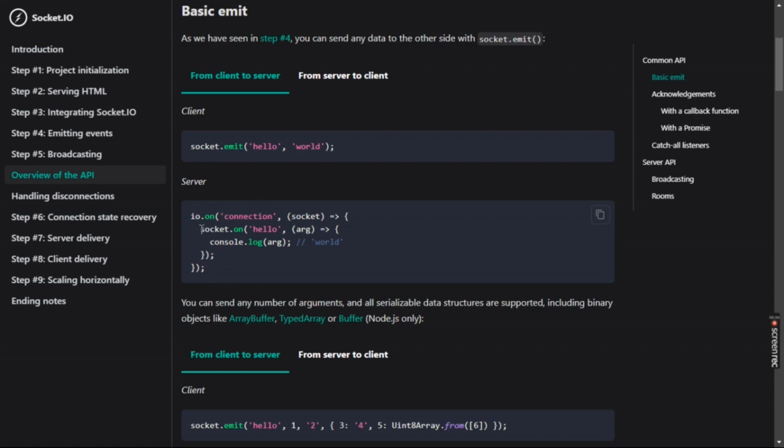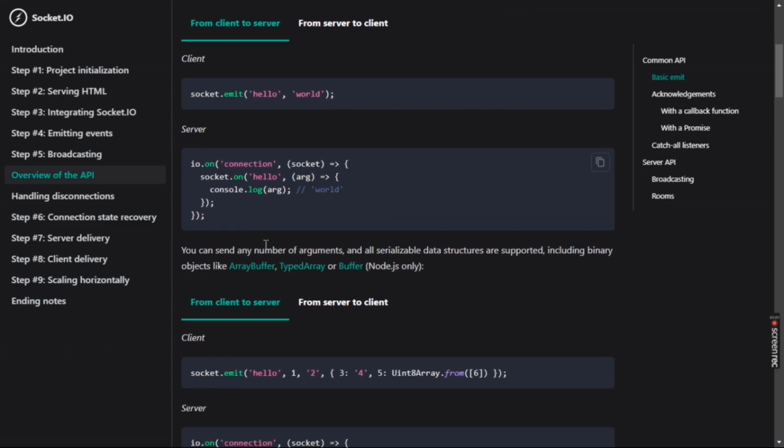looks like this, where we have socket.io input and output, and we have to pass an argument, and it will be a console.log of the argument, which will be the hello. So it will be displayed in the console.log. You can send any number of arguments, and all